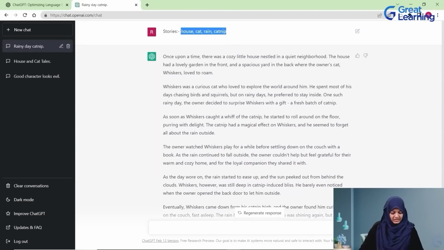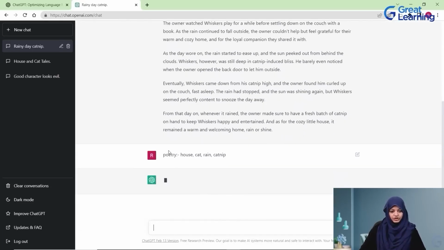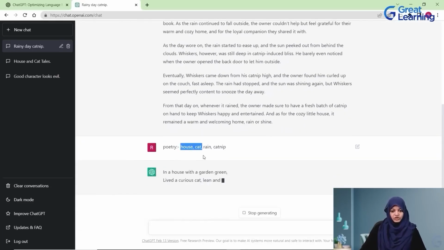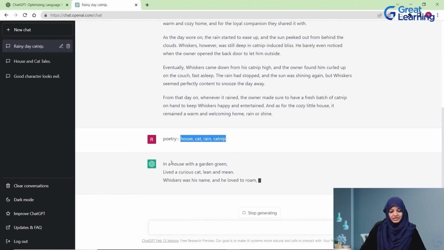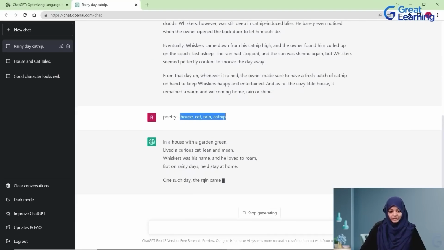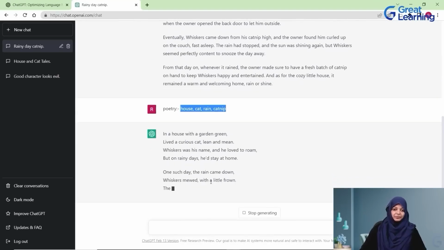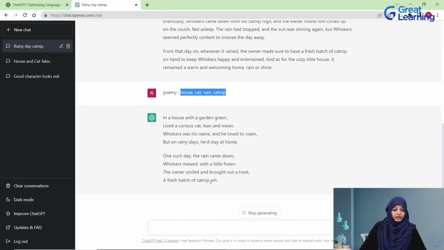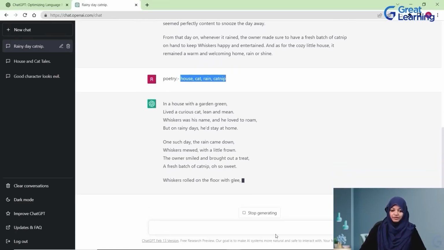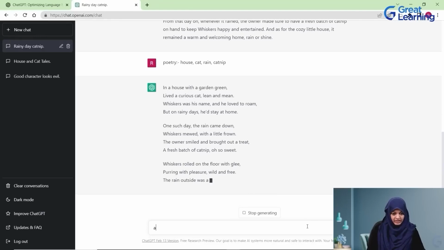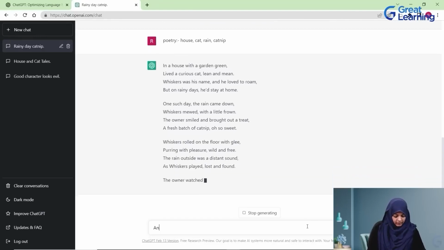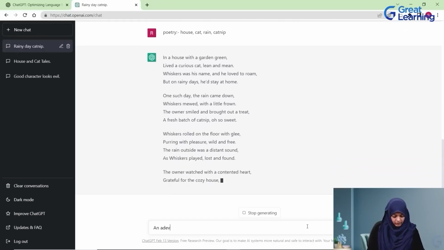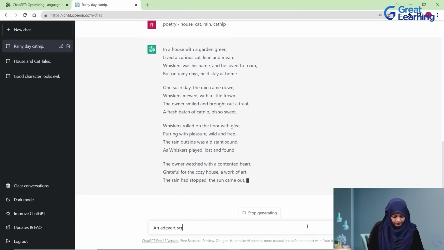Now let's see if the same prompt can work with poetry. So if we've got a poetry generated using house, cat, rain, and catnip. So as you can see, a poetry can also be generated, right? So in a similar manner, using keywords, we could generate all of these things. Let's see if we can generate an ad script in the same manner. An advertising script, advert script,